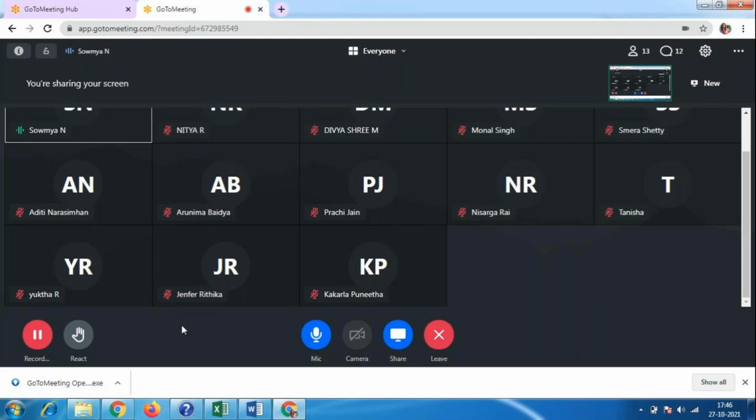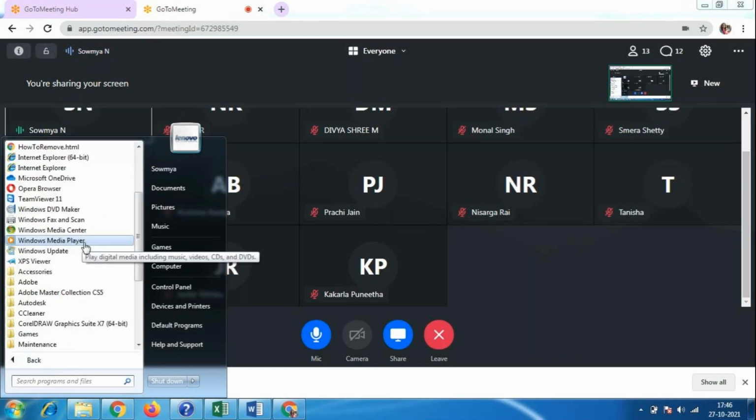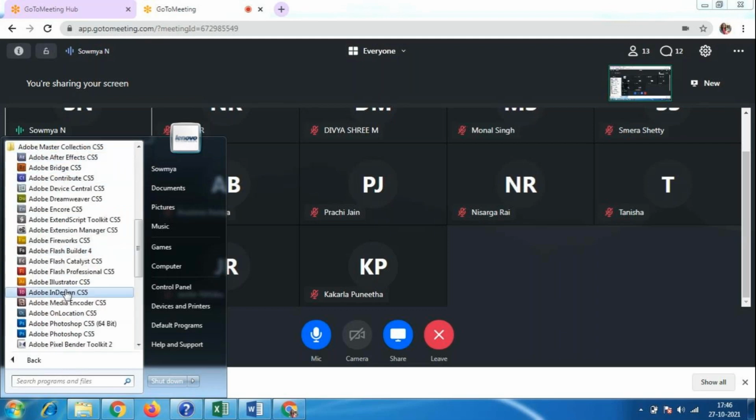So the second one is InDesign software, which is from the Adobe company. If you go to the start option here, you will see Adobe InDesign CS5. This is the version you have to use, because I have the complete suite, the Adobe Master Collection, and I am using all these Adobe softwares.